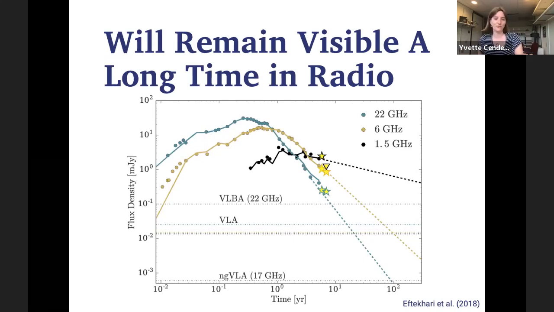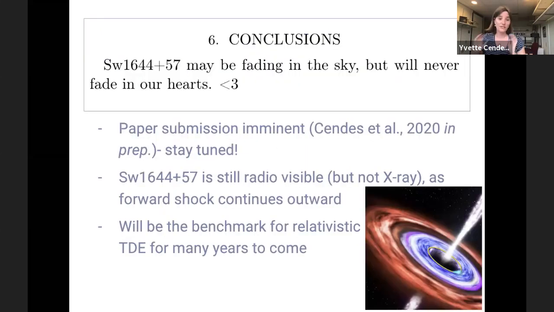And as I said, hopefully we'll find some other jetted TDEs that we can also study to see how those evolve. So, just some conclusions. There's a paper that's going to be submitted either this week or next week. This was my draft conclusion until I realized the referee probably would not like it,